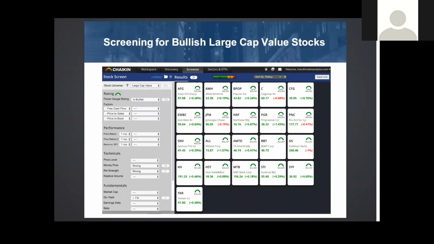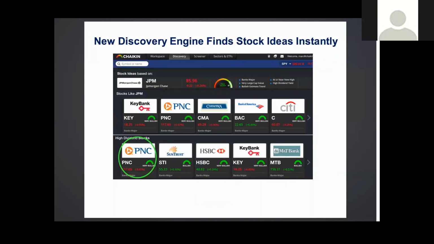JP Morgan, which reports earnings on Friday. So now I'm going to show you the newest product in the Chaikin product suite. We call it our discovery engine, which finds you stock ideas instantly based on a symbol that you put into the symbol box. In this case, I took one of the stocks from that screen, JP Morgan, put it into the symbol box, and I got back 5 stocks with similar characteristics to JP Morgan, which has a very